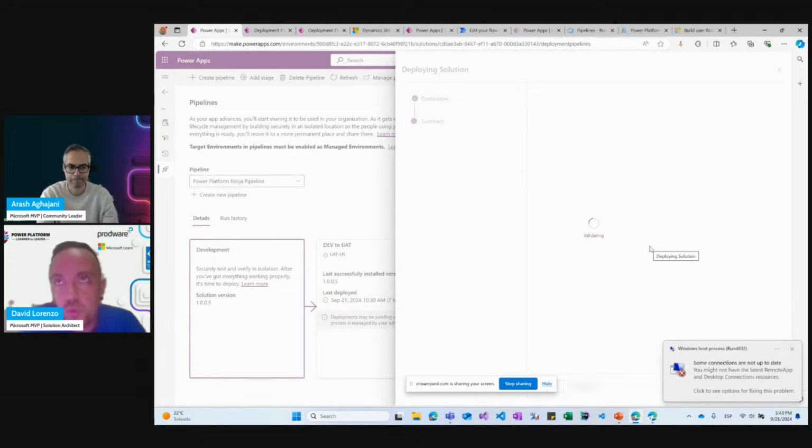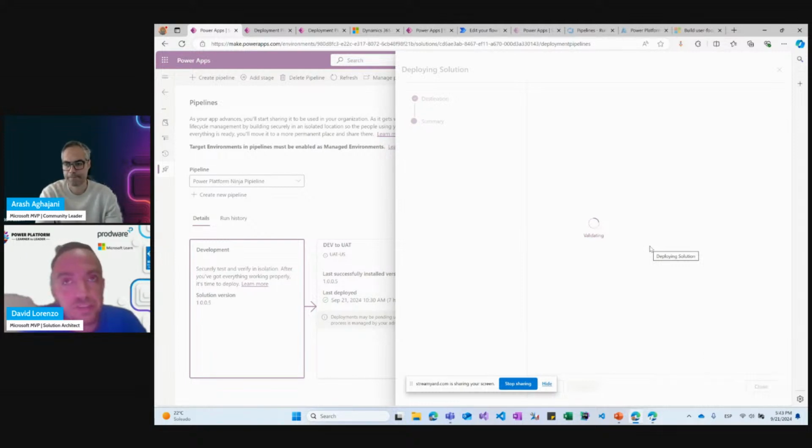So this is one of the advantages of using Power Platform pipelines, because we get all the validations before the exporting and importing process is done.